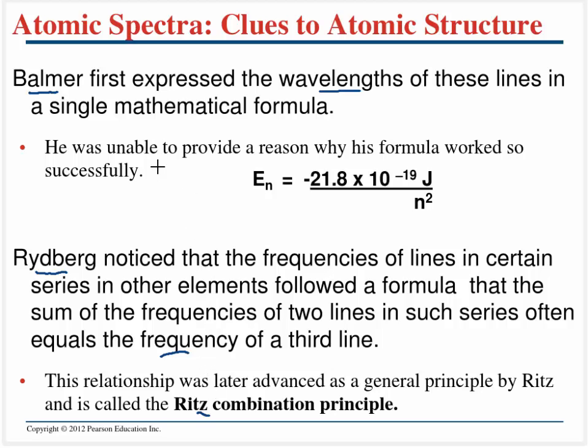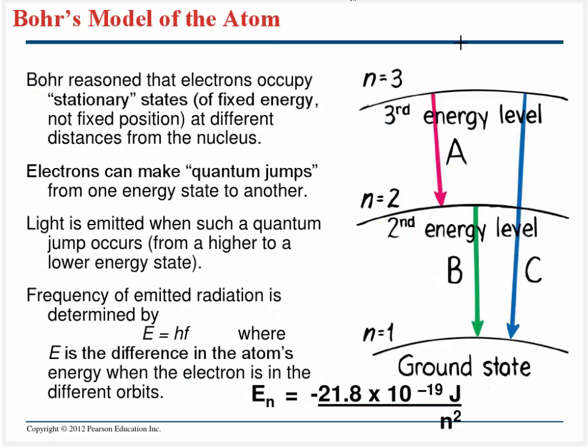It took a fellow by the name of Niels Bohr to come along and explain this. What Niels Bohr said is these energy levels inside of a hydrogen atom are going to be quantized, and what that means is that these electrons are going to live inside of very discrete orbits called shells. So this finally leads us to Niels Bohr's theory of the atom, which builds upon Rutherford's, that we're going to have a positively charged nucleus, and we're going to have electrons that orbit around this guy right over there. And what Niels Bohr said is these electrons have to orbit in very discrete shells,